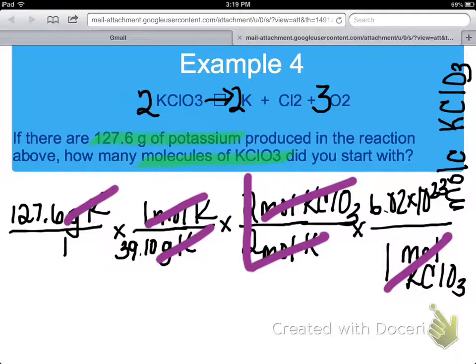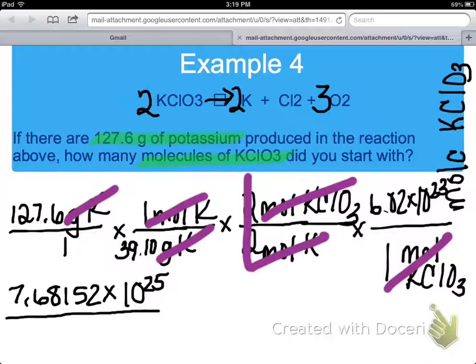So now let's see. We can multiply everything on top. So we have the 127.6 times 6.02 times 10 to the 23rd. So when I do that calculation, 7.68152 times 10 to the 25th. I'm saving my rounding for the very end. And again, if you don't want to show this step, that's perfectly fine. Multiplying on the bottom, all I'm left with 39.10. So then my top divided by my bottom,